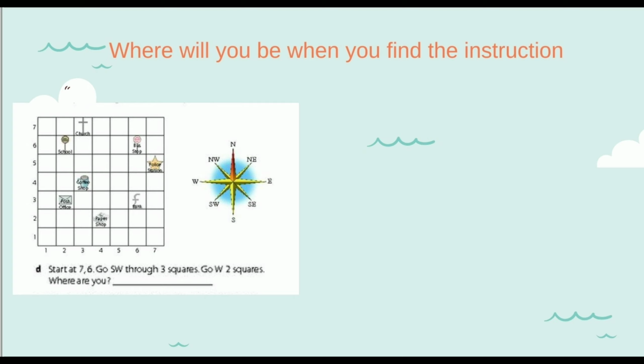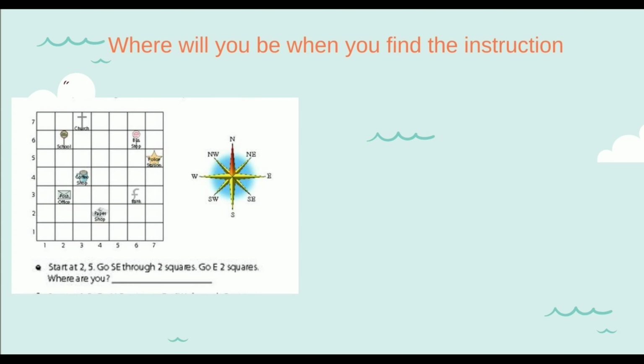Alright, so now we are at E. It says start at 2-5. Let's quickly find 2-5. 2-5 is just below the school, and it says go southeast through 2 squares. So if we're just below the school and we're going southeast, we are now at the coffee shop, and we pass the coffee shop